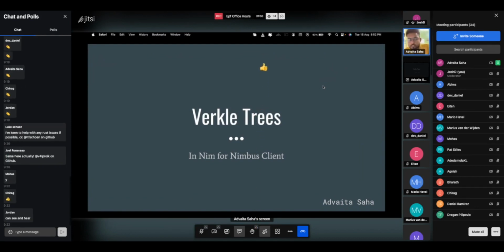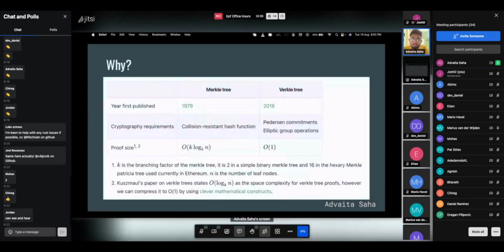Okay. So for this cohort, I decided from the beginning that I was very much interested in the Verkle Tree implementation, and finally I decided to contribute to the Nimbus client by providing a Verkle Tree implementation in Nim. So why Verkle Tree, what is the use of it, and